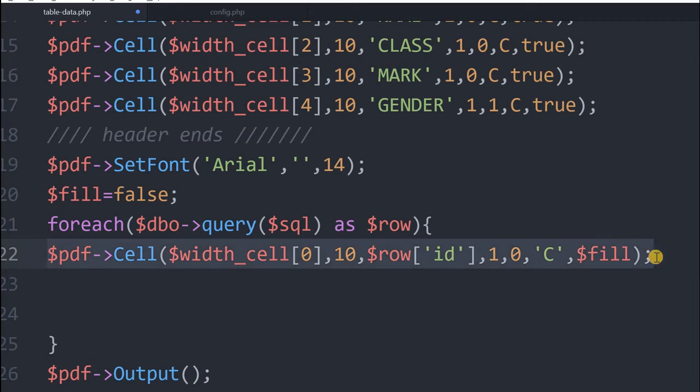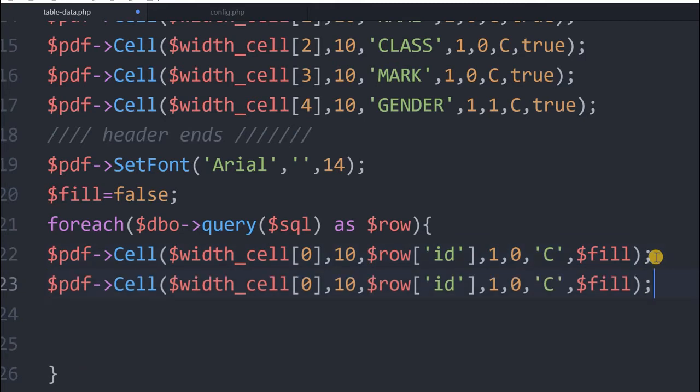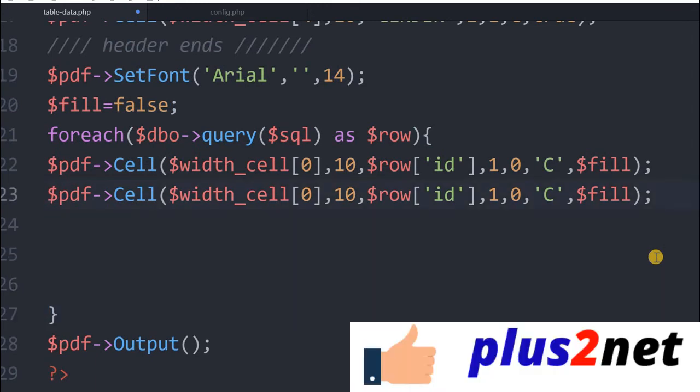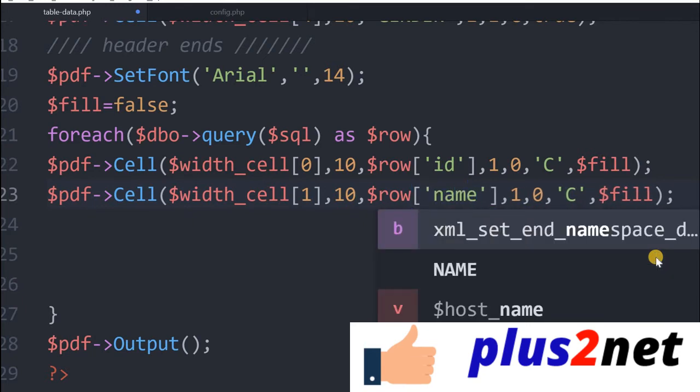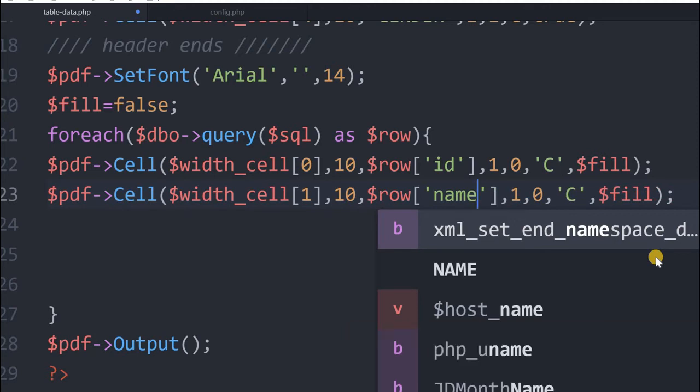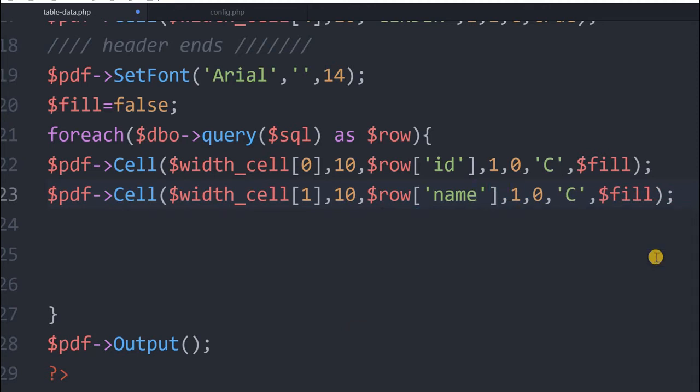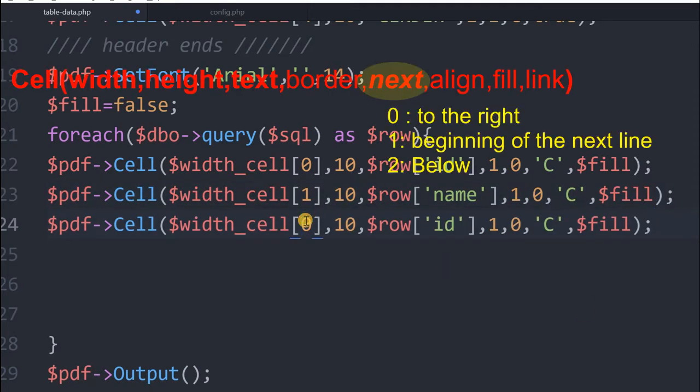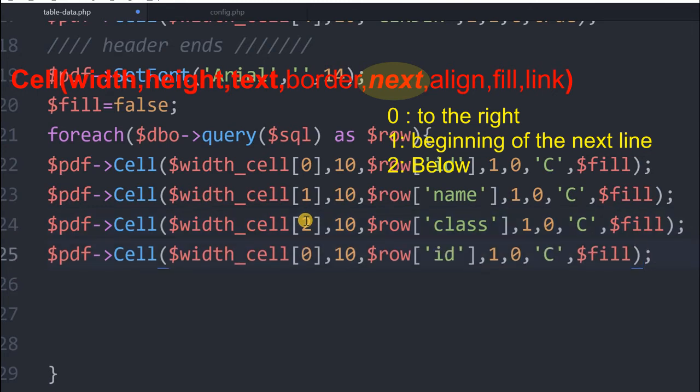So what I will do, I'll just copy this and paste it here. Now I can go up a bit. For this width, the next column is 1, so I have taken width 1. Next to ID is name. Here I have to maintain it equally, because this has to match my column name in my table. The rest of the things are the same. Now name is over. Now this width I have to maintain 2, then class.